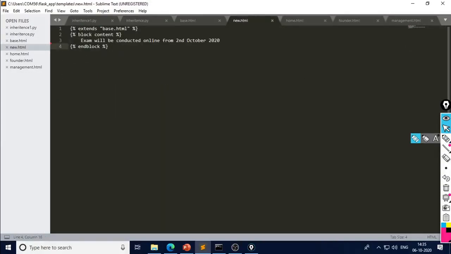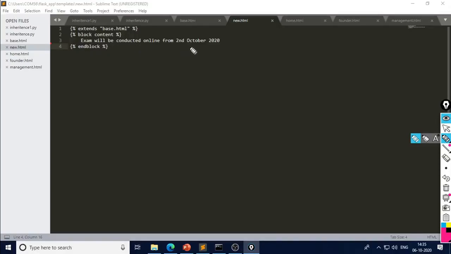Look here. The first part is the extend part, extends base.html. So when it is executed, first it will invoke base.html and next it will print the data between block content and end block. Then what are the contents here?